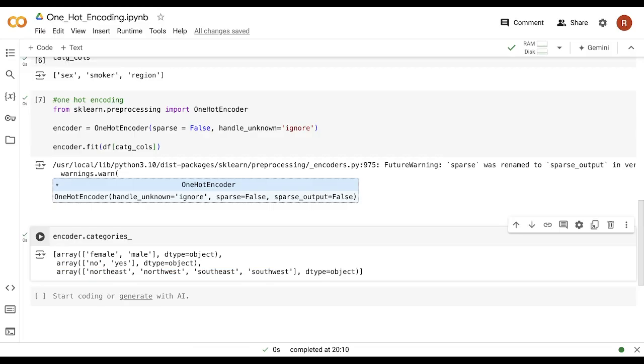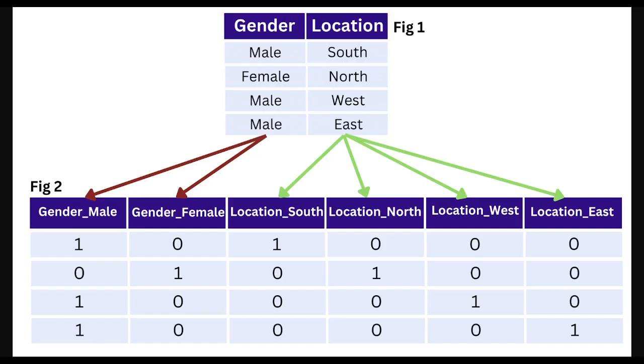Before transforming this data, we have to perform one more step here. As I showed you in this image, once the new columns get created, the columns get new names. Initially the column name was gender, but when two new columns are created, now it has the original column name, underscore, and the unique category it belongs to, like gender underscore male, gender underscore female, so that we can easily identify which category that particular column belongs to. Now how to give these column names, because it's not possible to manually enter these column names if we have many categorical features?